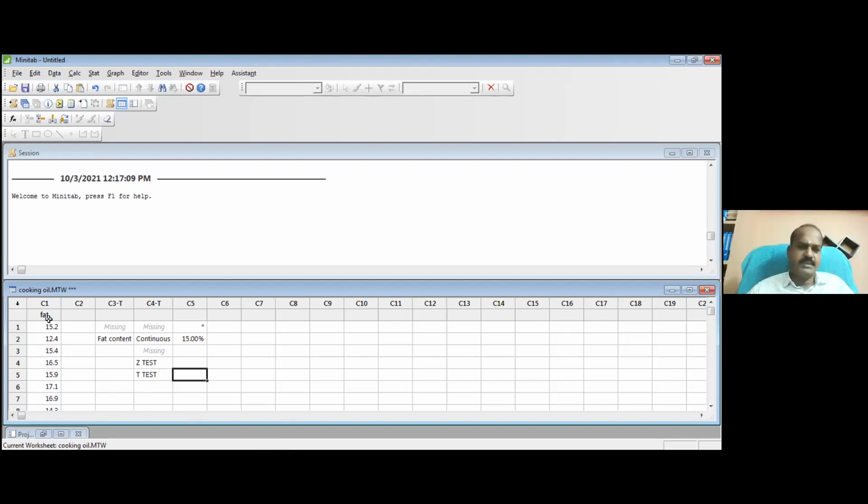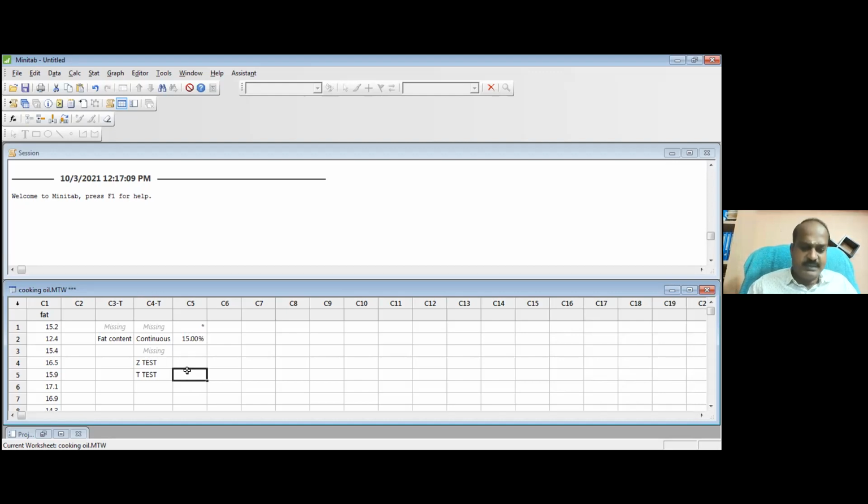You have numbers, so this is quantitative straight away. Standard deviation is not there. Very good. I joined the company recently, and I don't know anything about the population, what my company is producing. I am not given access to the data, so I don't know the population average or the population standard deviation. I only know that it should be 15%.